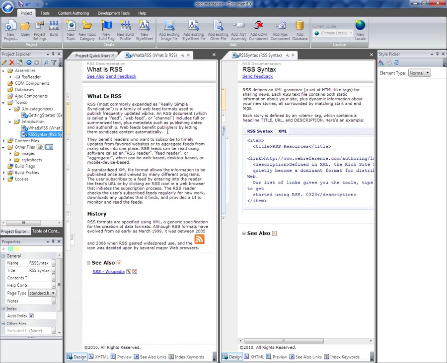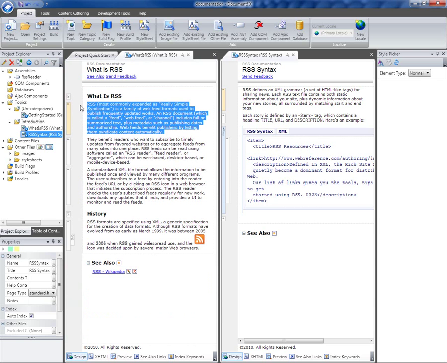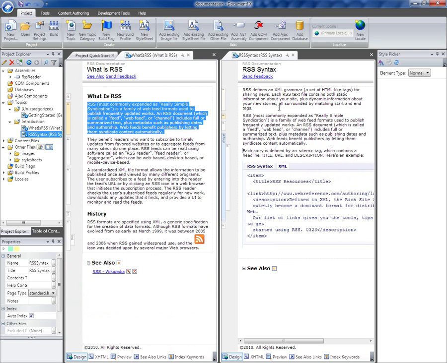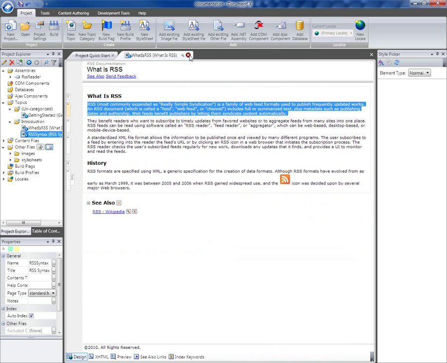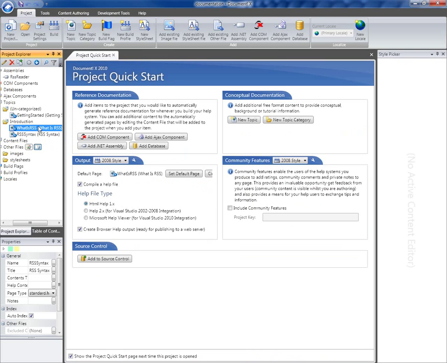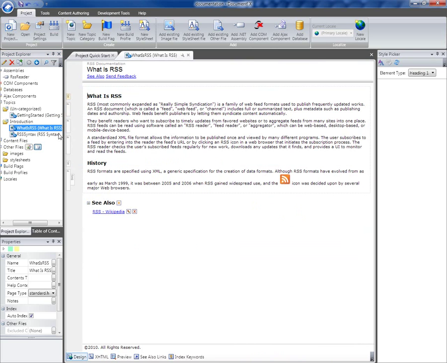So this is a great way to work with the topic editors side by side, and commonly that might be used for operations such as copy and paste. So if I just copy in here, move to the other editor and paste, you can see how simple and easy that is. Okay, so I'm just going to close these two editors and open up the first topic here